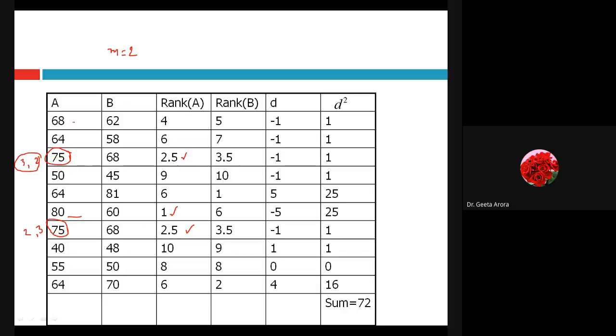The fourth rank we have is for 68. Then the fifth rank, I'm not getting the fifth rank. Where is the fifth rank? Okay, see here, again we have a tie. That's why I'm not getting the fifth rank. It is 64, and it is also 64. And oh yes, one more 64 is here. Correct. So how many times are we getting a tie? 3 times. 64 is repeated 3 times.